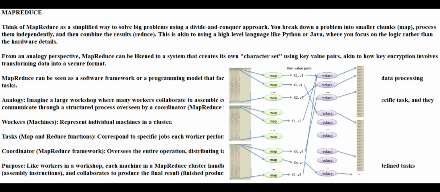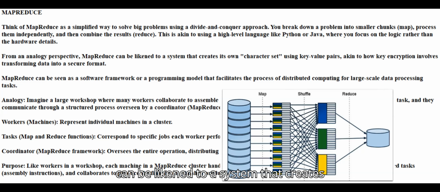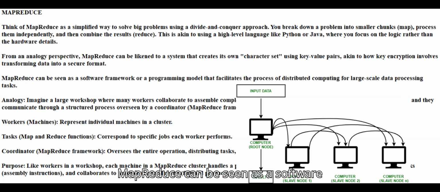the hardware details. From an analogy perspective, MapReduce can be likened to a system that creates its own character set, using key-value pairs, akin to how key encryption involves transforming data into a secure format. MapReduce can be seen as a software framework or a programming model that facilitates the process of distributed computing for